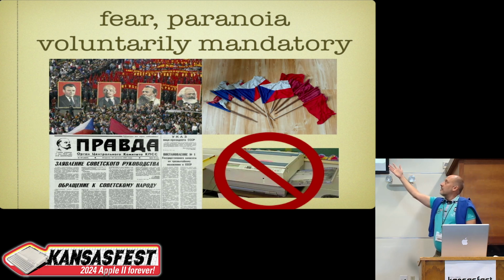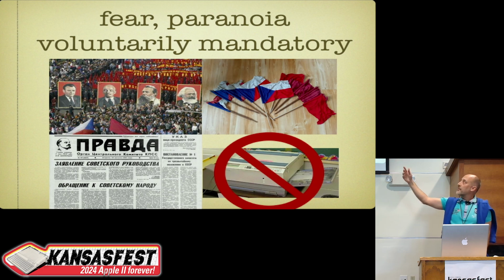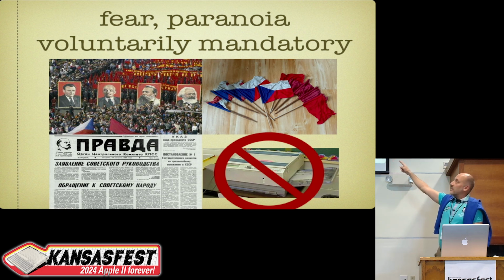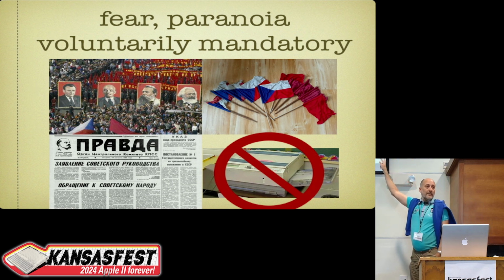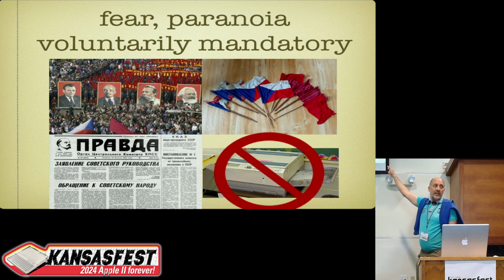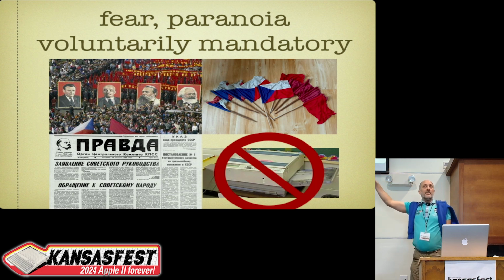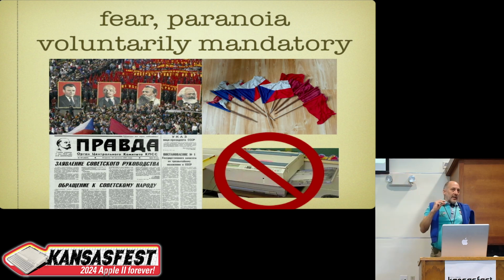Many things were presented as voluntary. But if you didn't attend parades, or didn't decorate your window with flags, both Czechoslovak and Soviet, the flag of the occupying country, you had problems. Didn't attend on the Great October Socialist Revolution anniversary, didn't attend on Labor Day, didn't decorate on the Day of Liberation by the Soviet Army,